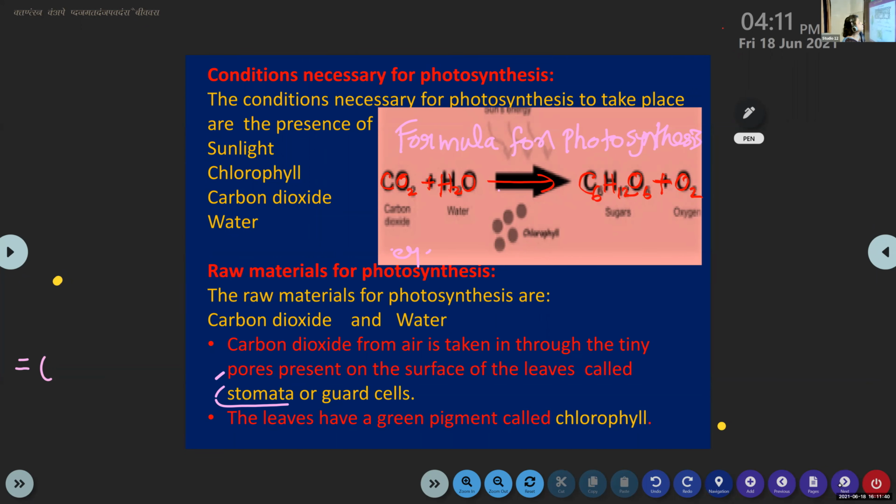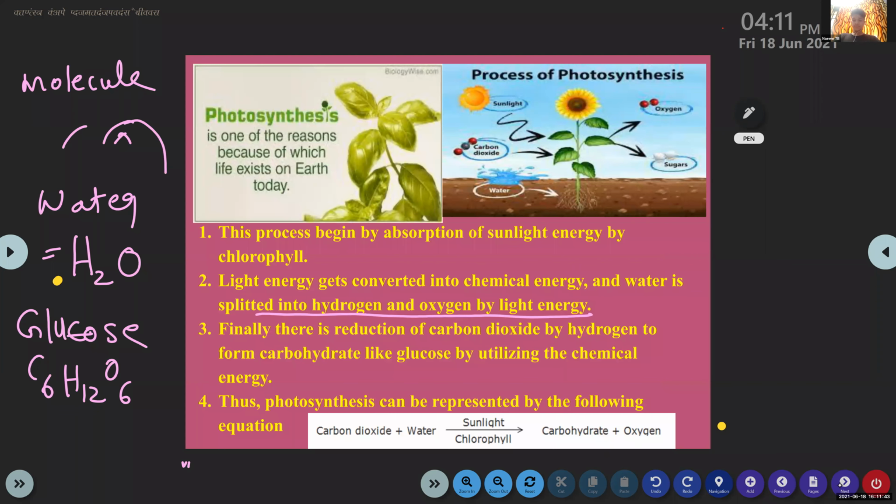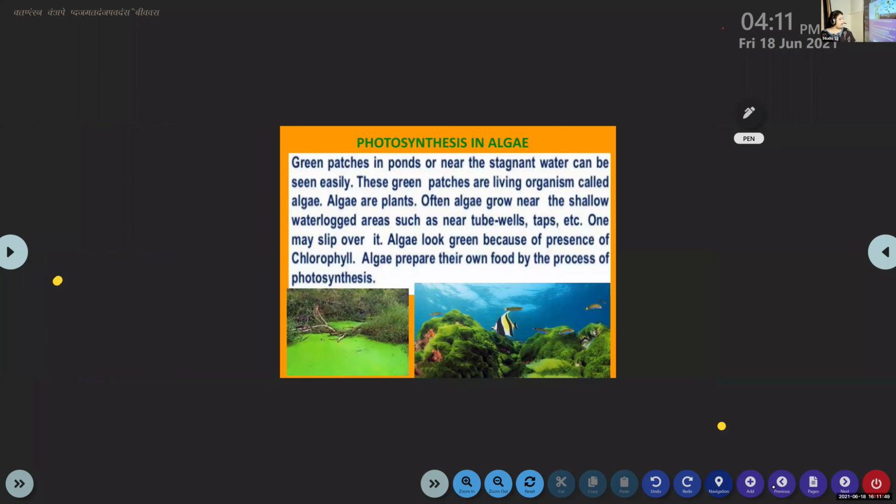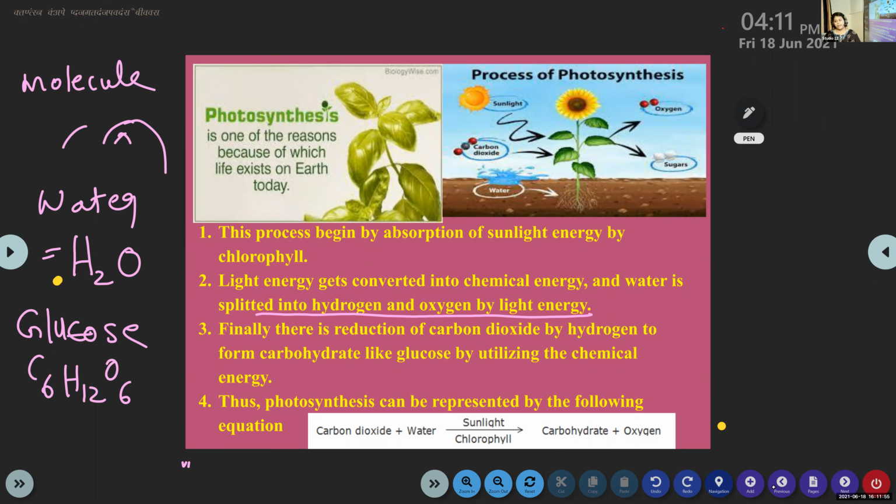So we go back again to photosynthesis. I told you what are the main things of photosynthesis. And here also we have written carbon dioxide plus water, with the help of sunlight and chlorophyll, gives carbohydrates. This carbohydrate actually is glucose. We already learned glucose will be converted into chemical energy in the form of carbohydrate. So that is why here it is written carbohydrate. So the chemical formula and this are both the same. This is written in words, that is written in chemical formula.